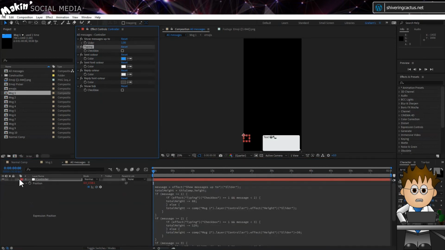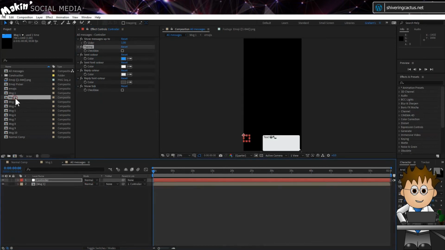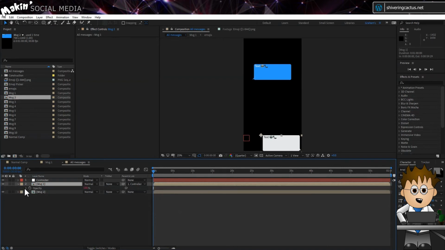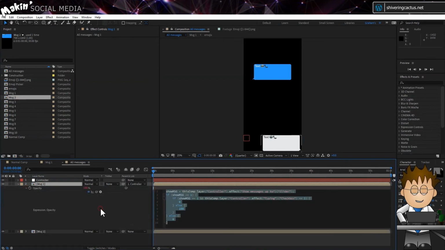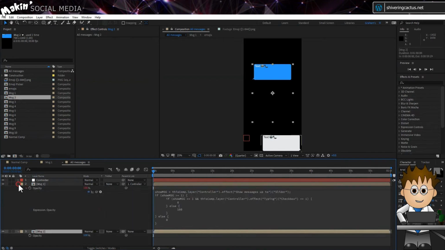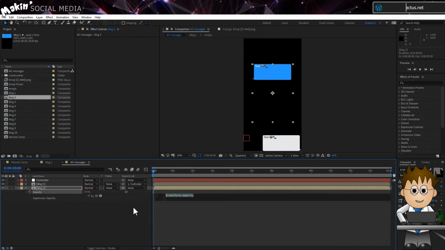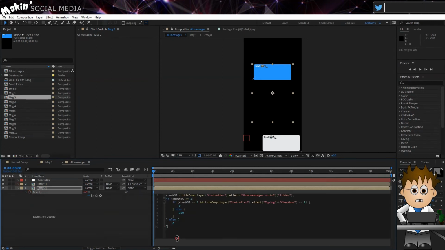Let's drag in message 2. Open message 1's opacity expression, copy it and paste it into message 2's, and make sure to change the numbers to 2. But for the vertical position,